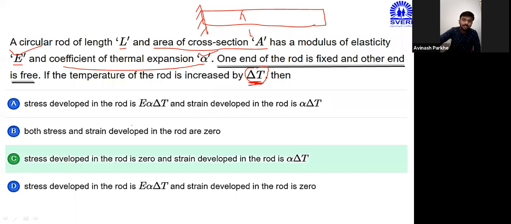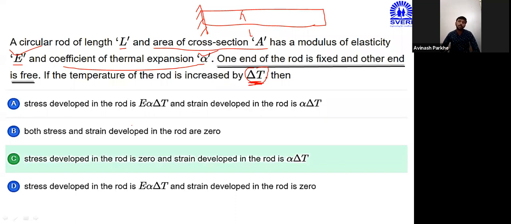So what will be the answer? What option will it be? You can represent your answer in the chat box. Which answer will be correct? Yes, one answer I got, that is C. Any other answer? Try to guess the answer. C. Okay, another C. Any other answer? C. Okay. So many of you have answered C.